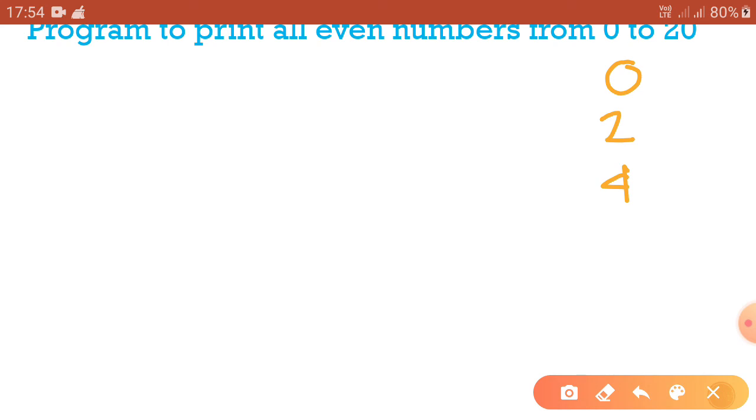If we do it, the last number will be 20. Got it? If you try to write this program using a do while loop, we first take the variable and put the first value in it, so it is n equal to 0.